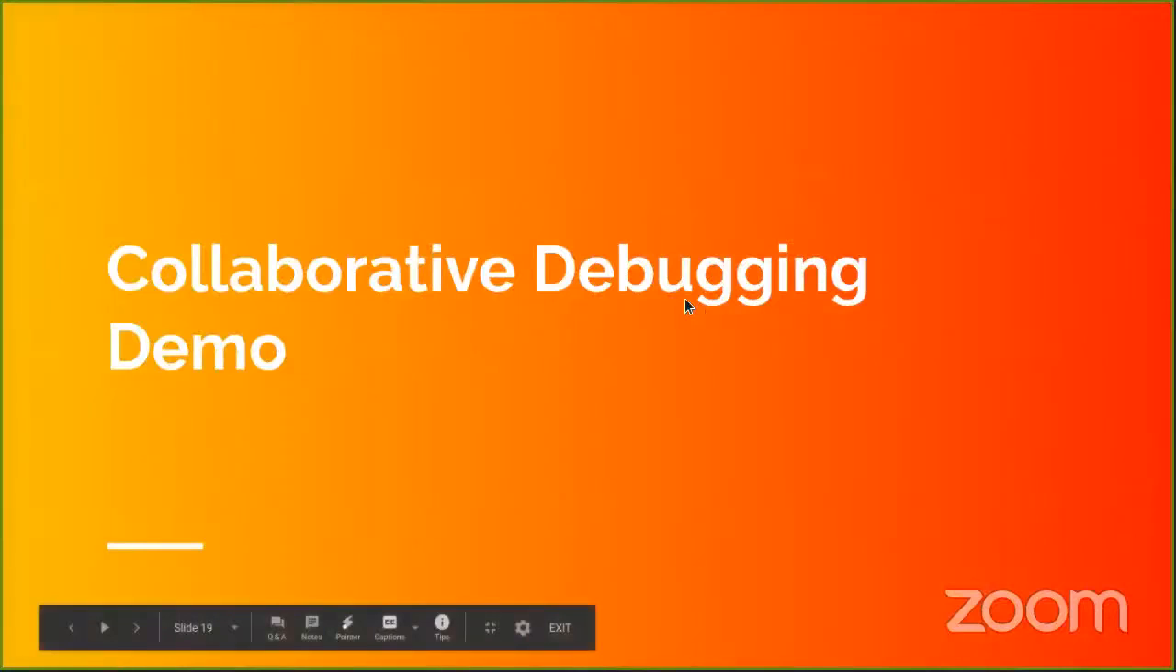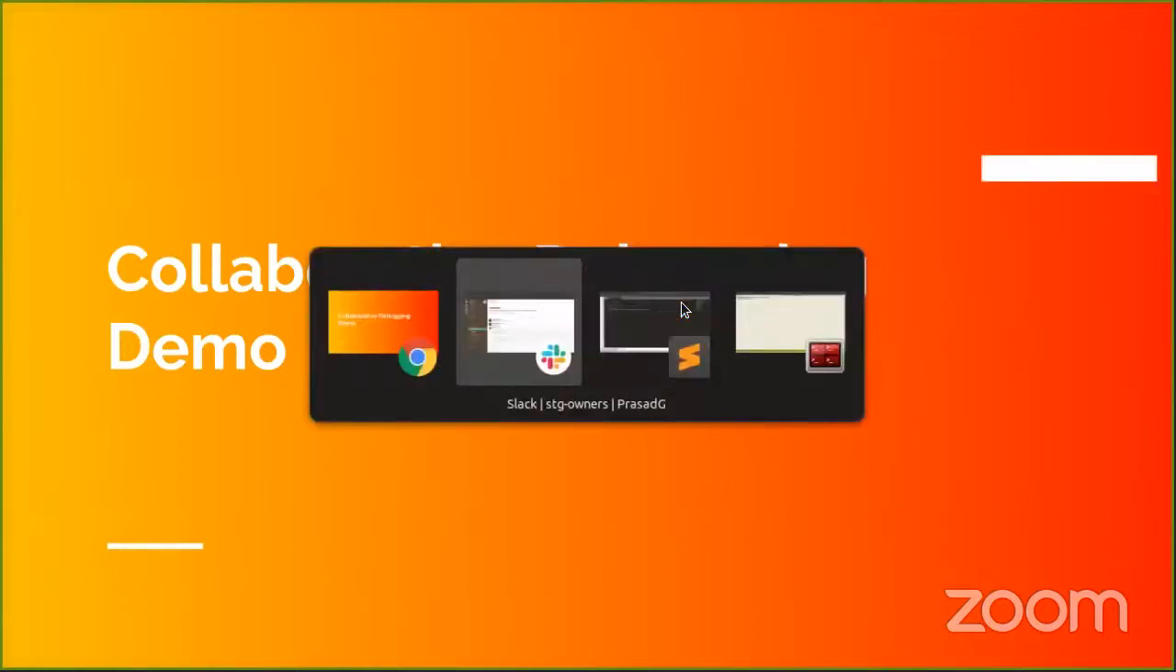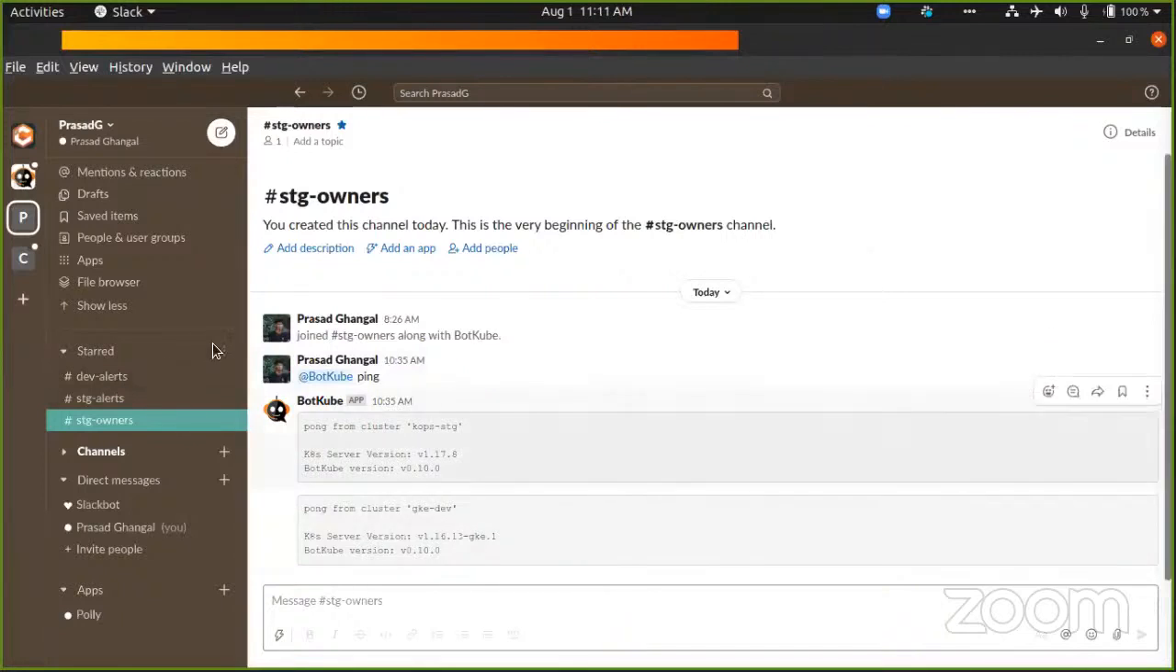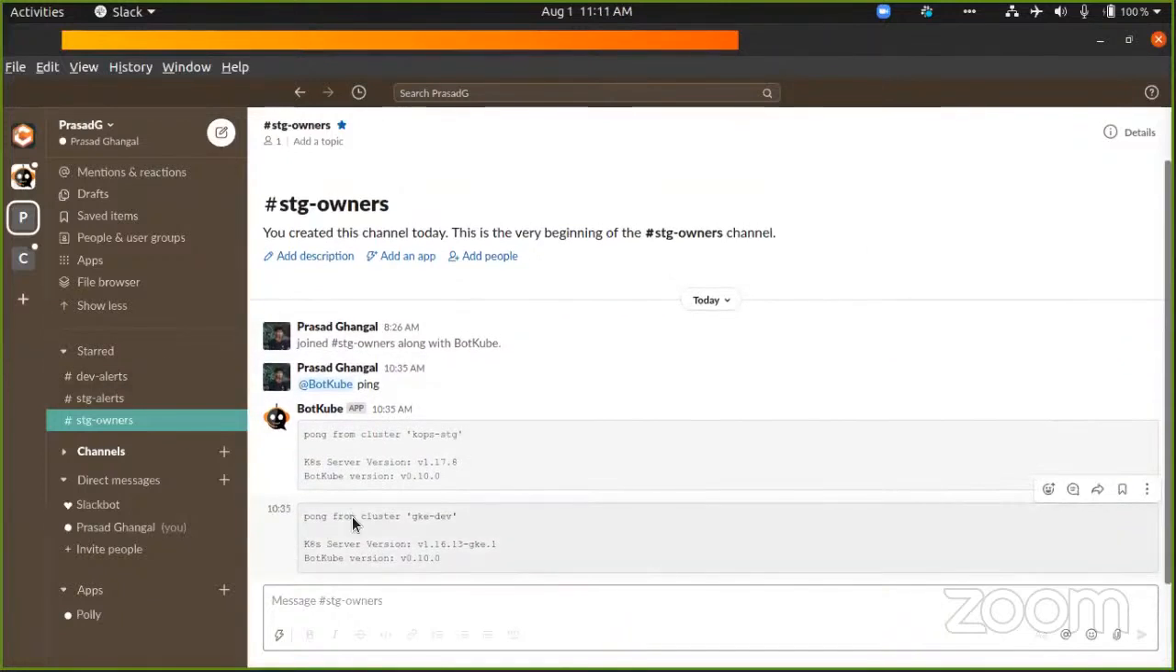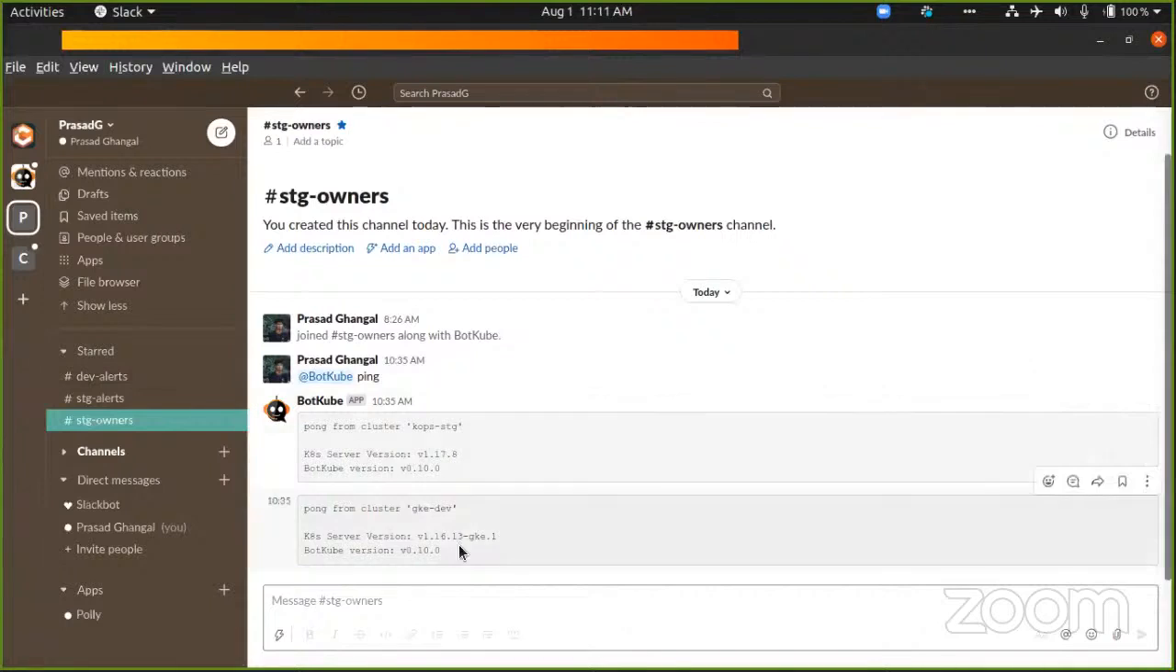Okay, so we have talked enough. As Linus has said, talk is cheap, show me the code. So let's go into the demo and see how BotKube actually works. To give you context,